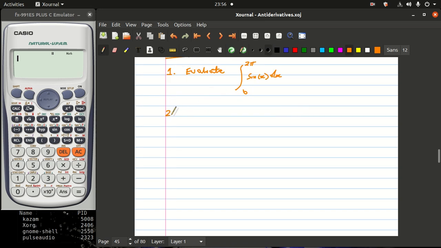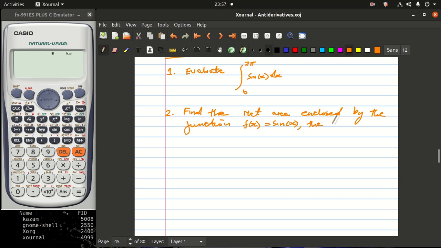The second question, I want us to say, find the net area. So we want to find the net area enclosed. Let me use enclosed, not between. The net area enclosed by the function, I'm going to say f of x is equal to sine of x,